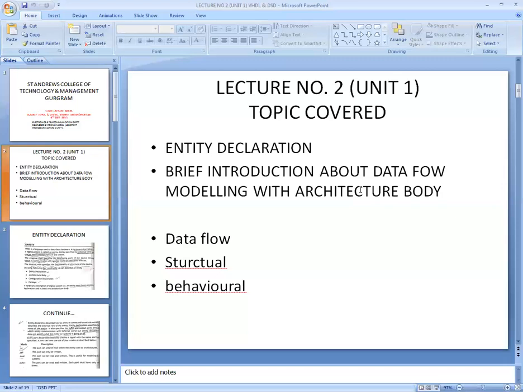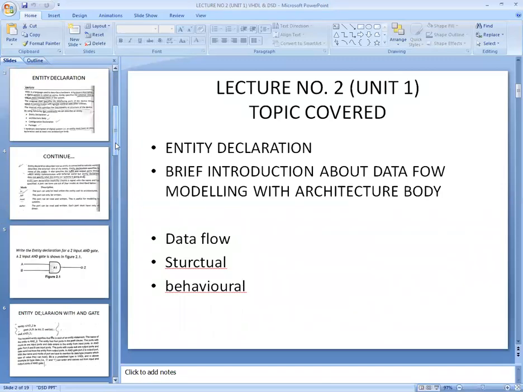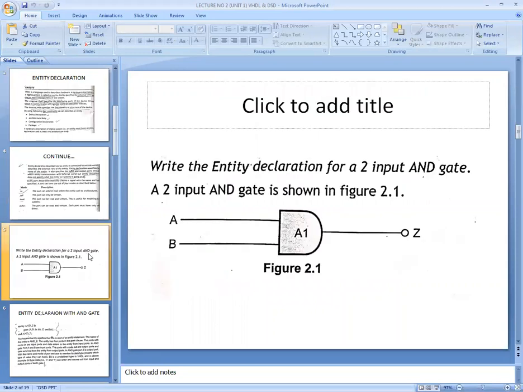As per the diagram of your AND gate, you can see the AND gate has two inputs and one output. Suppose the AND gate has two inputs, one is A, the other is B, as per the figure shown here. AND gate having two input and one output.